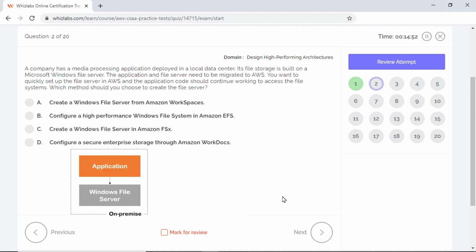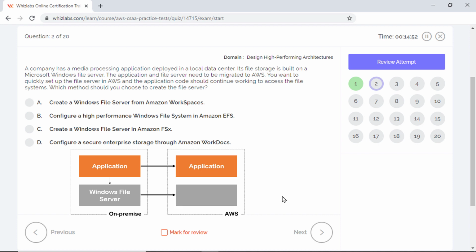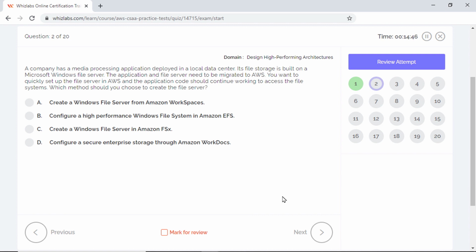A company has a media processing application in their data center. Its file storage is built on a Windows file server. The application and the file server need to be migrated to AWS. You have to set up the file server in AWS, and the application code should continue working to access the file systems. Which method would you choose to create the file server? Since a Windows file server is required in this question, Amazon FSx for Windows File Server is the right answer,